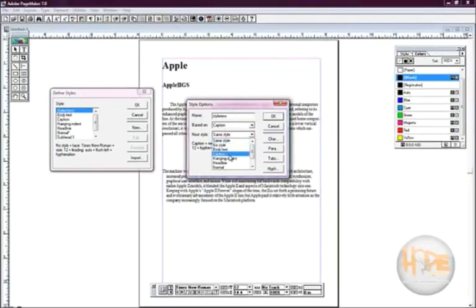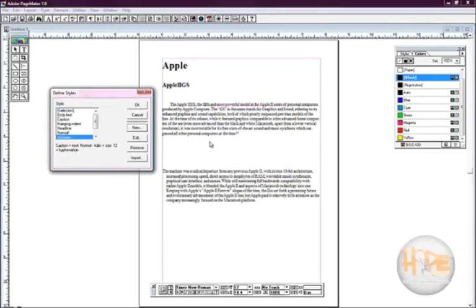You can even go on to another, like normal. Then here the format will change. For example, normal italic plus size 12 plus hyphenation. Click on OK to define this new style. You will see that among the styles, now your style will also appear, which you can use by clicking the